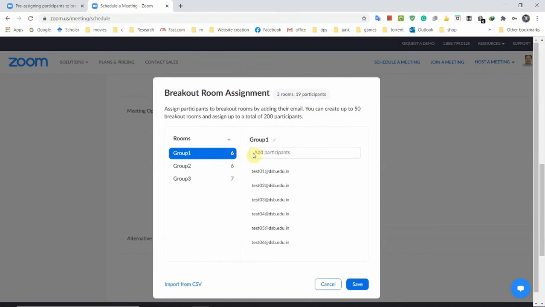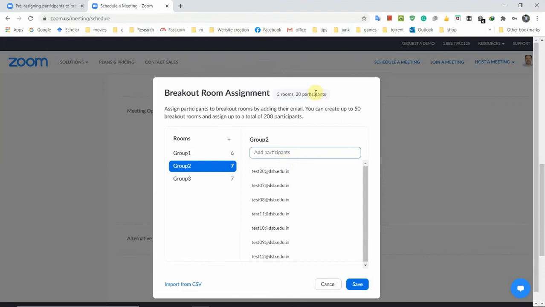Let us try to add a new participant to group 2. As you can see, test 20, a new student, has been added to group 2.